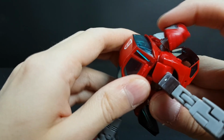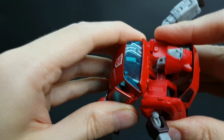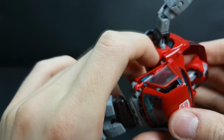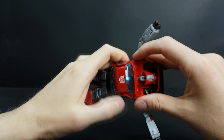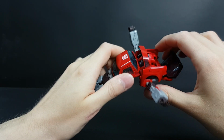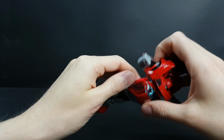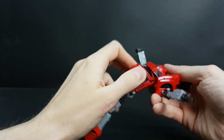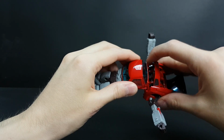But now if I move back, this part rotates up, and now it's obstructing this, so it's a very tight fit. Now it's blocked and it's moving the doors here. So maybe if I adjust the camera and be a bit further back, it will be easier. So now, as you can see, either I'm doing something wrong or something is wrong with this design. Maybe not, I'm not sure, because this thing really fits well. Everything, this alignment, is very good. It's almost seamless. But this one rotation part here,